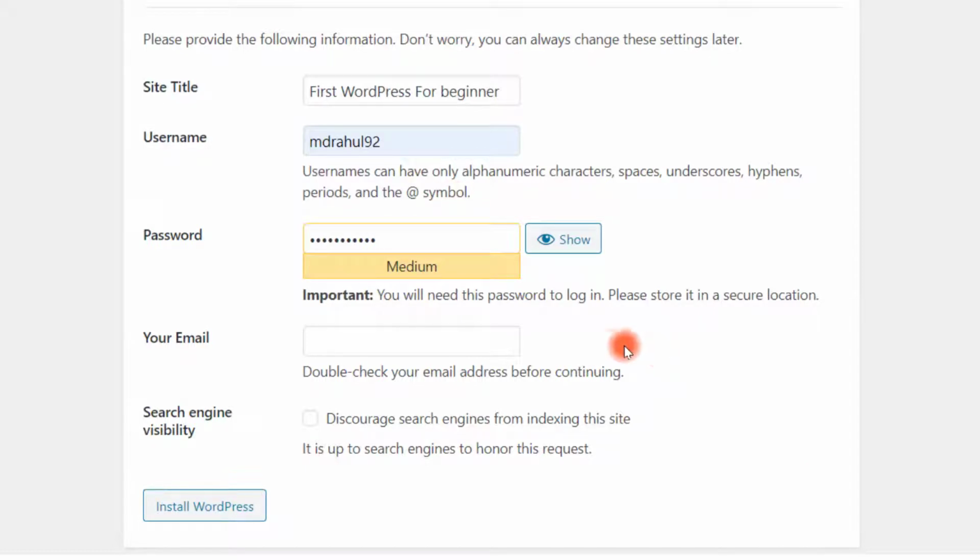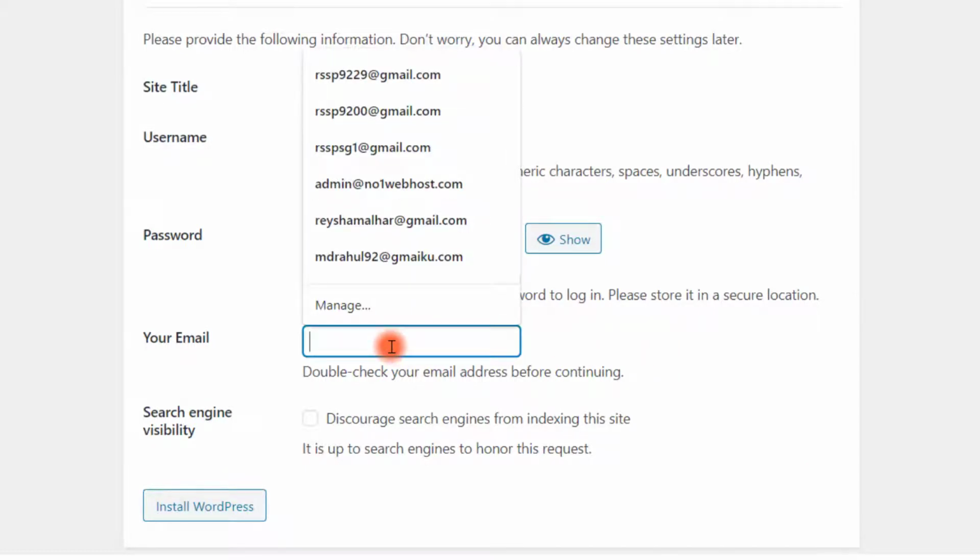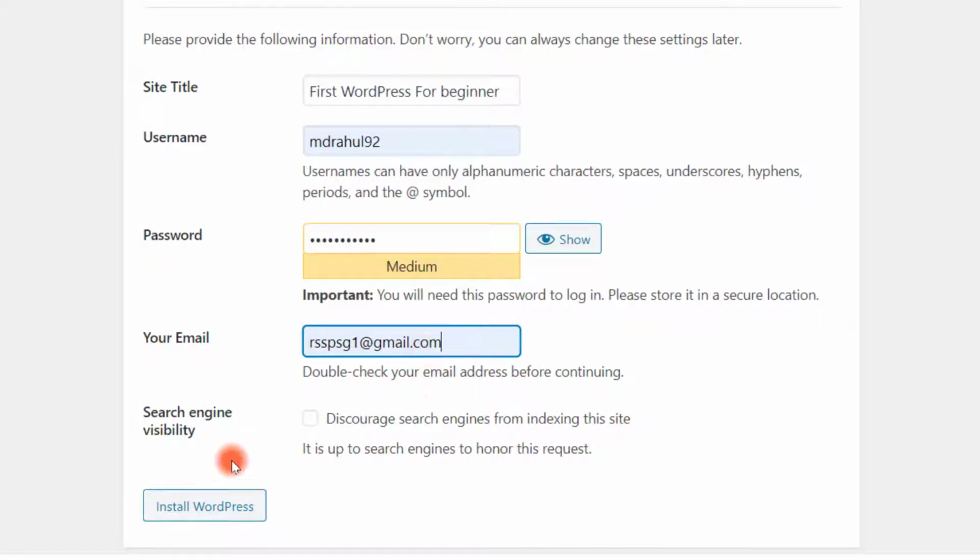Now the most important thing is you have to put a primary email here, so that you can get all updates of your WordPress website, because many times your website will face problems and you will receive an email. You have to make sure that you use your primary email. So this option is not for you.